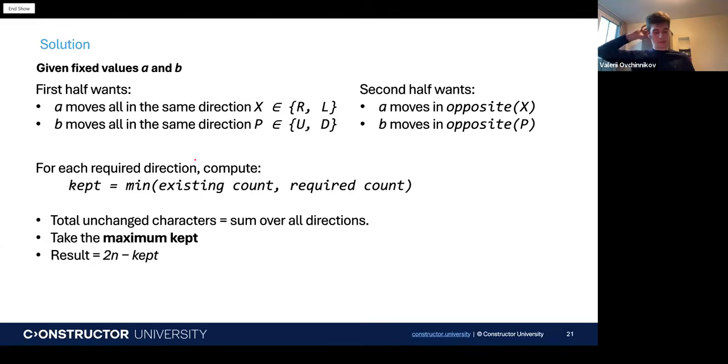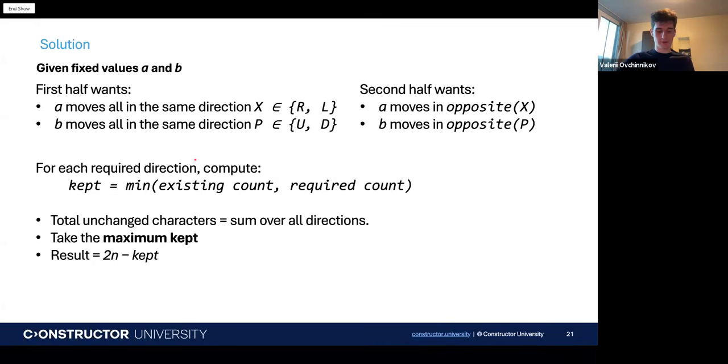Yeah, let's wait 30 seconds before going forward. Okay,